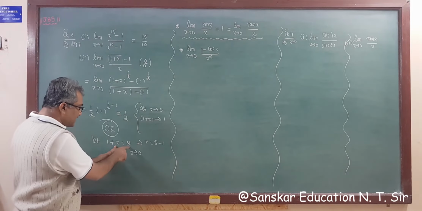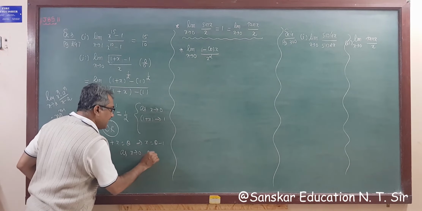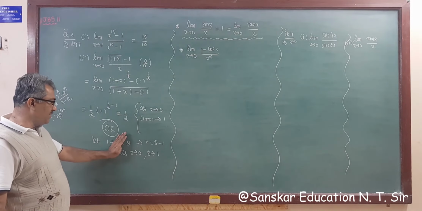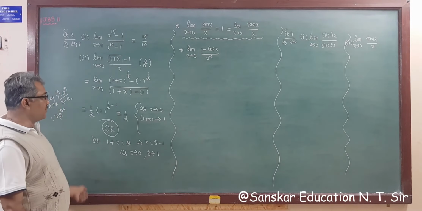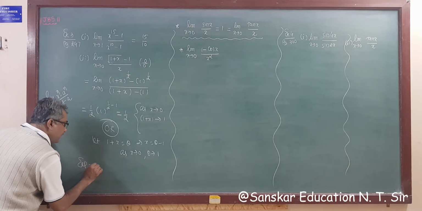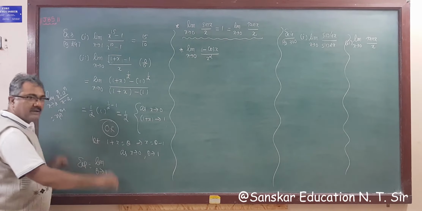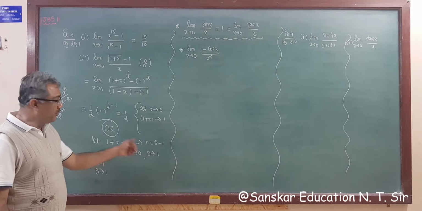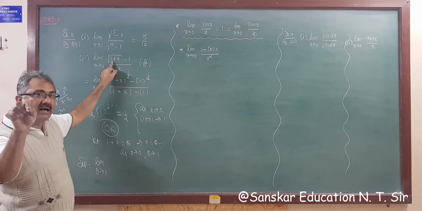So what is your answer? Theta is 1, right? As x tends to 0, theta tends to 1. Substitute x equal to 0 here. As x tends to 0, theta tends to 1, right? So now your new limit will be theta tends to 1, because this is a unit limit, and you are going to convert all these terms in terms of theta instead of x.